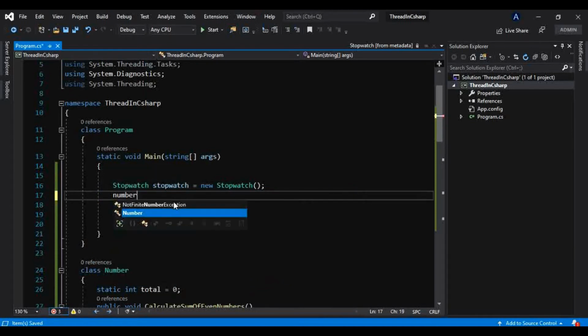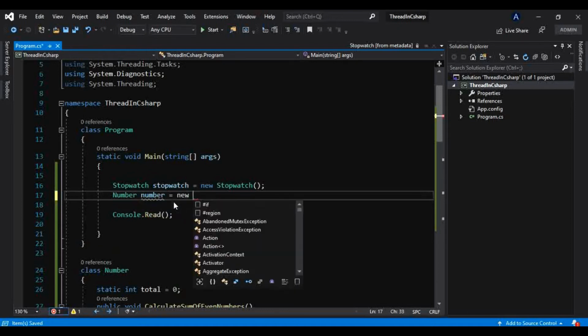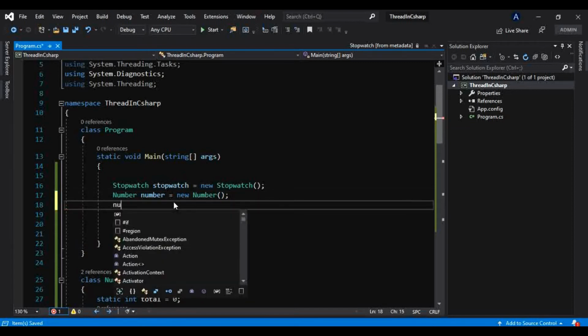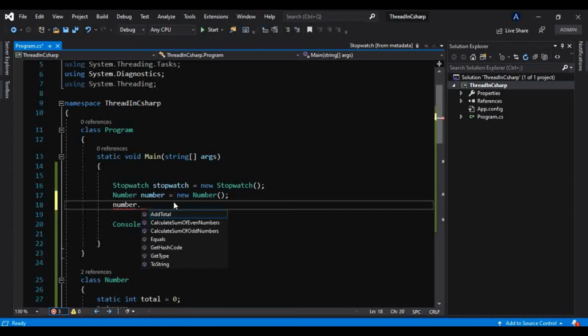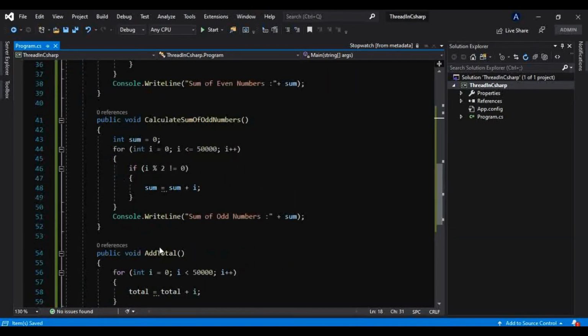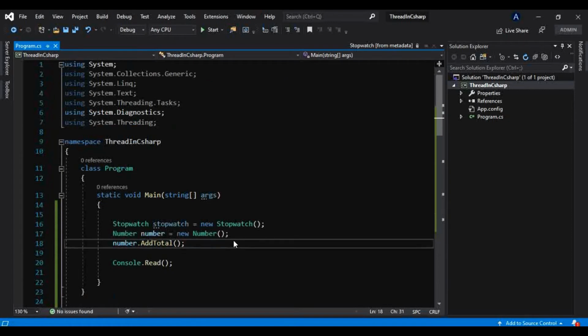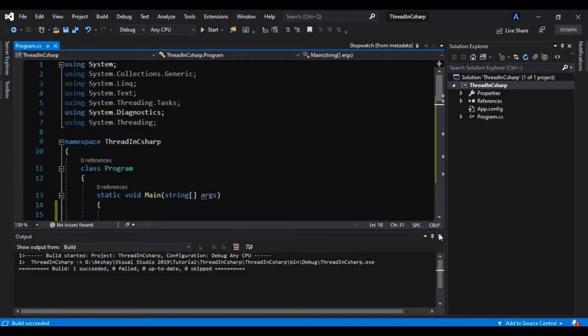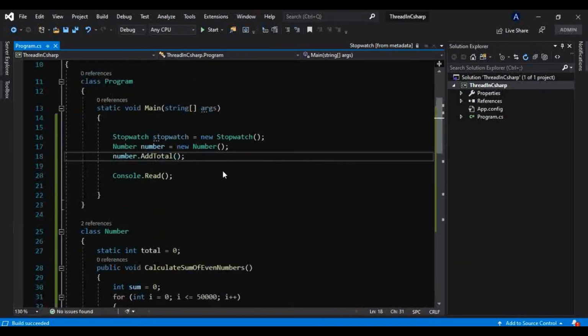Yes, we have to create an instance of Numbers, so I will create that here again. In that Numbers there is this method add total, which runs until the target we have provided in the for loop. Let's see if it works. If I run this, we are getting that total until that target.